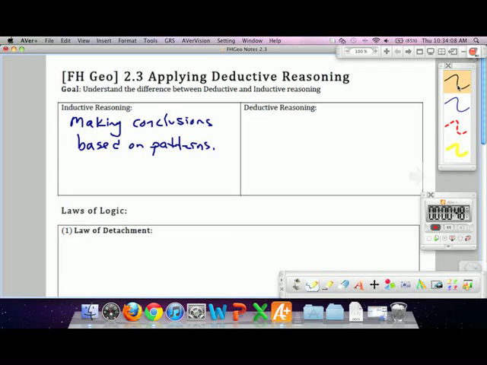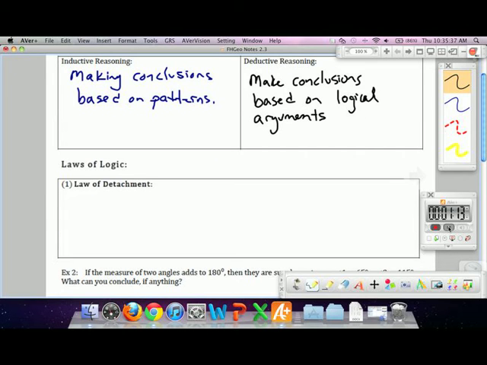If you're using deductive reasoning, you'll make conclusions based on logical arguments. Our first law of logic that we will use is called